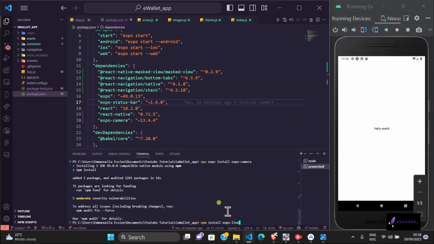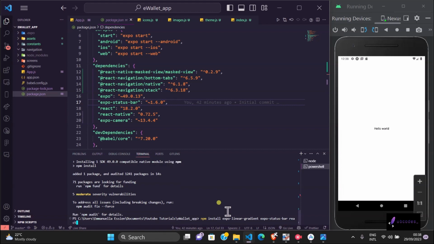So we'll do npm install expo linear gradient, space expo status bar, space React native gesture handler, space React native